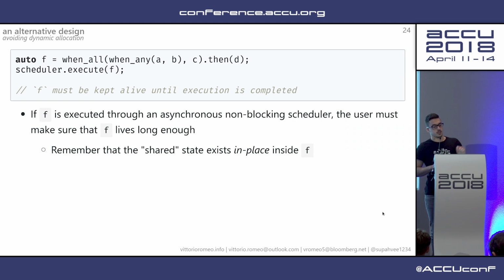Note that this restriction seems very harsh, but there is nothing preventing you from simply allocating the whole graph on the heap and then managing it in a different way. So you can still do things that you would be able to do with std::future. You just need to kind of change your way of thinking a little bit. However,